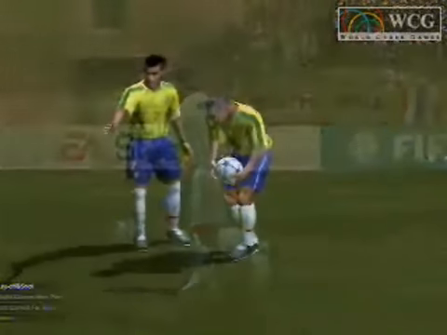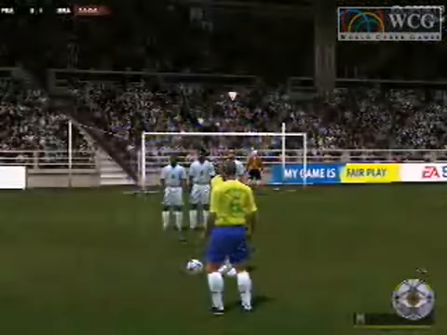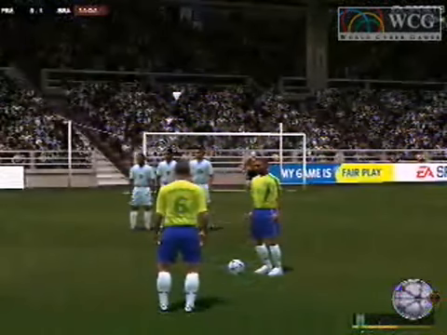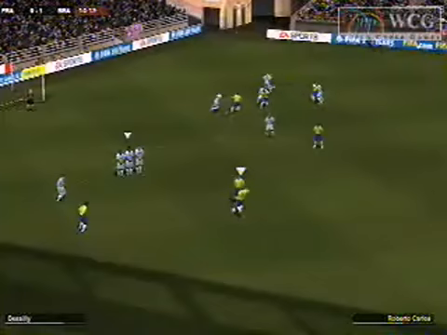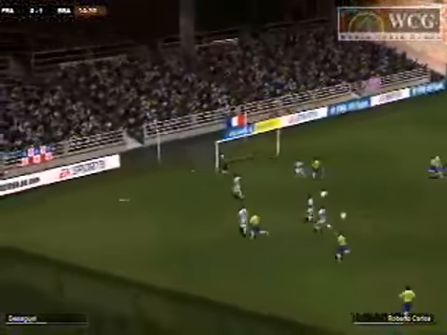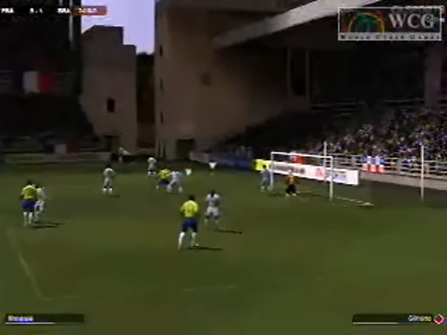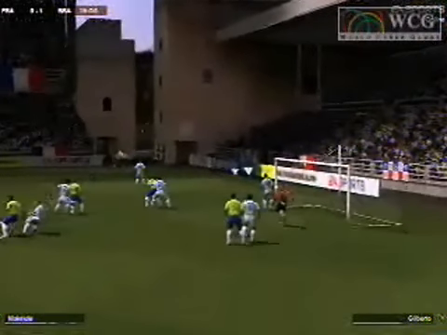Who's going to take the free kick? It's going to be Roberto Carlos. Carlos knows how to put the ball in the net in these situations. The wall standing strong, looking for the top right corner. Takes the shot. The keeper gets a hand on it, but unfortunately it's going to be a corner kick. On the corner, Ronaldo looking for Gibraltar.